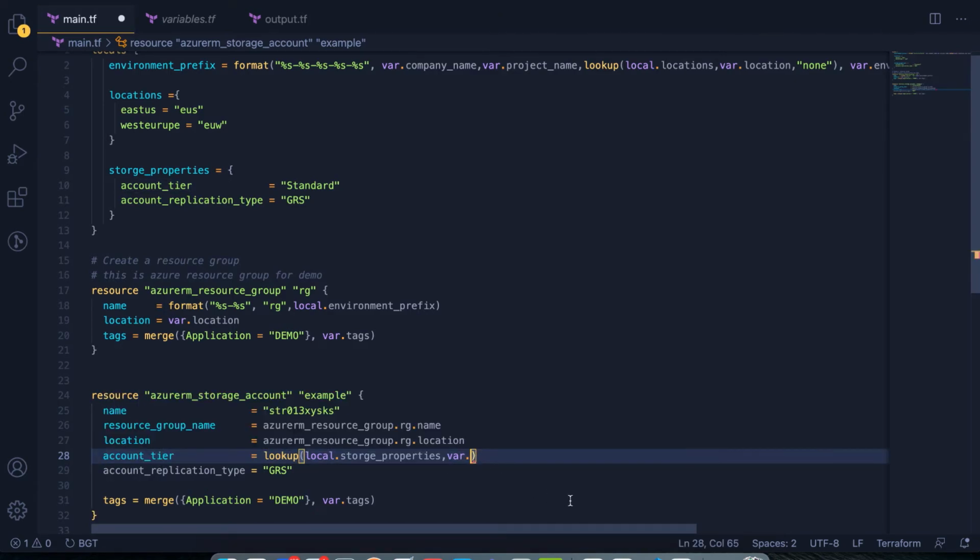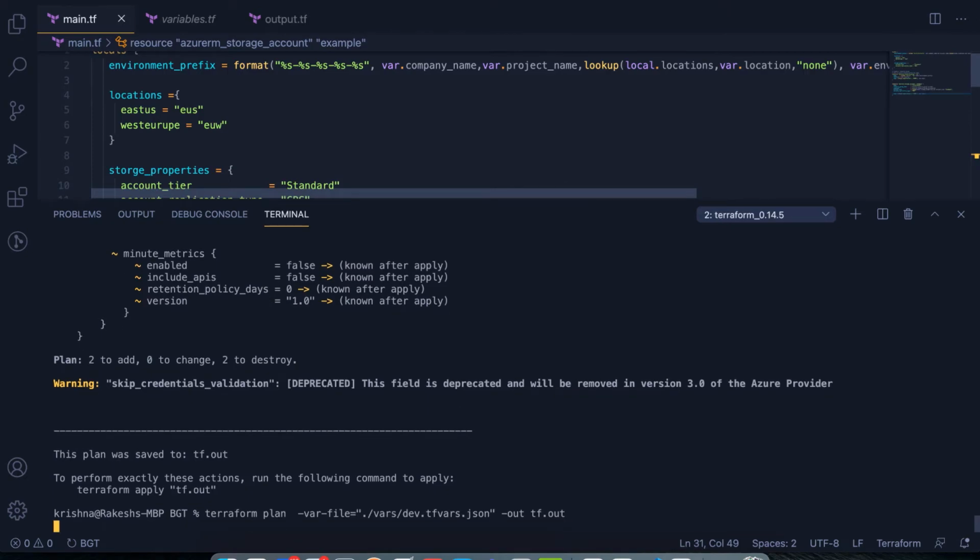If the property is not available, then use the default value, for example, Standard. So something like this. So if I'm going to run the plan again,